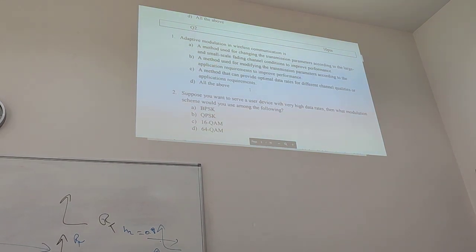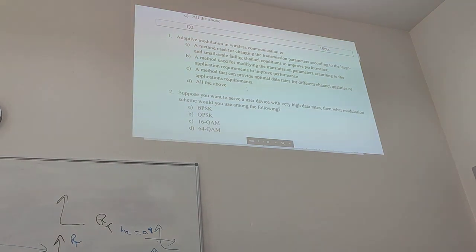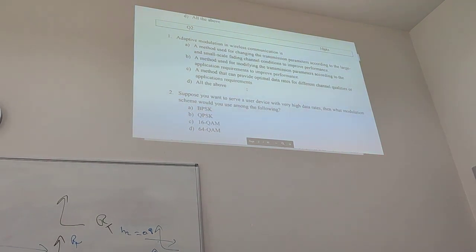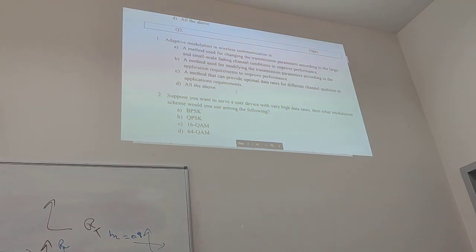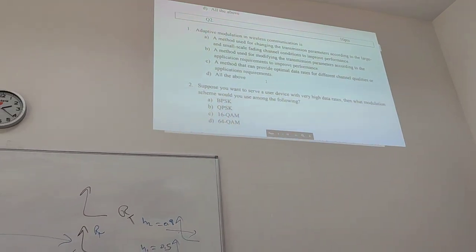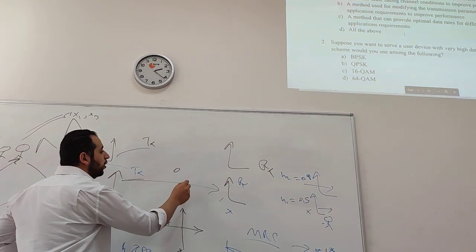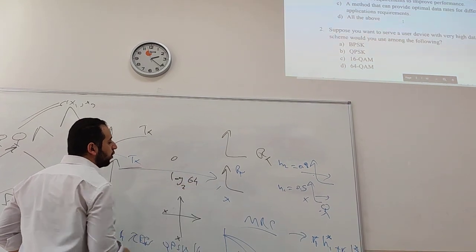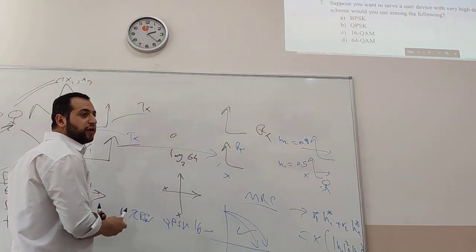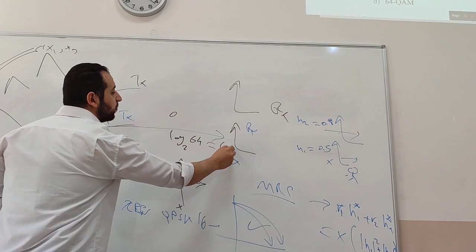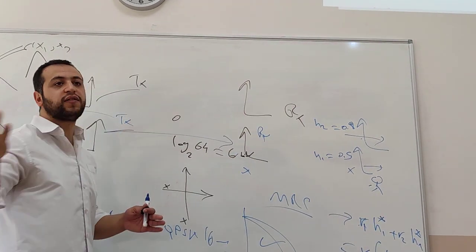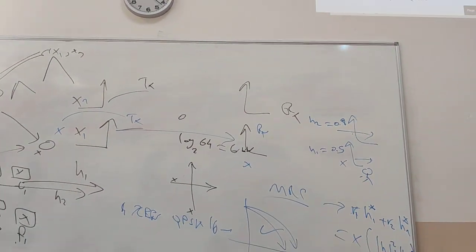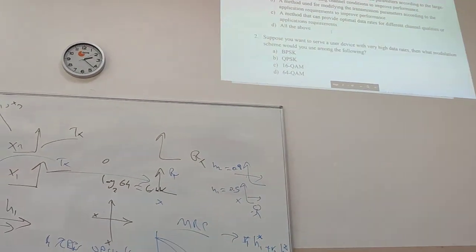So I think if you want to serve a device with high data rate, this means that you need to provide that device with the highest modulation order. What's the highest modulation order? 64 QAM. Why 64 QAM? Each symbol carries log2 of 64 bits. So each symbol here carries how many bits? 6 bits per symbol, which gives you the highest data rate basically. Per each hertz, per each symbol, you are sending 6 bits.